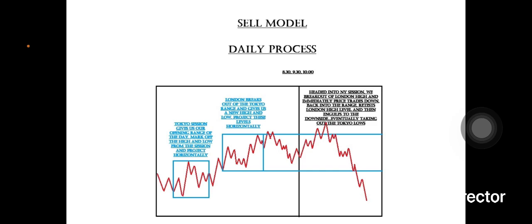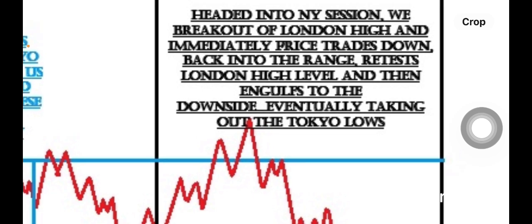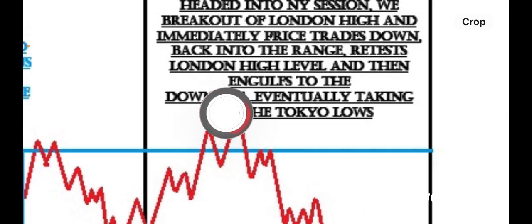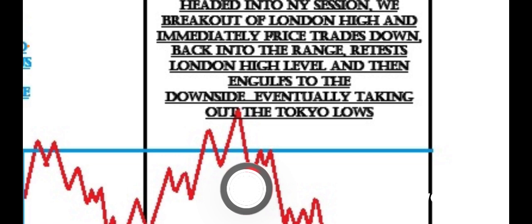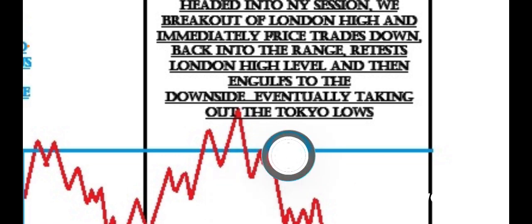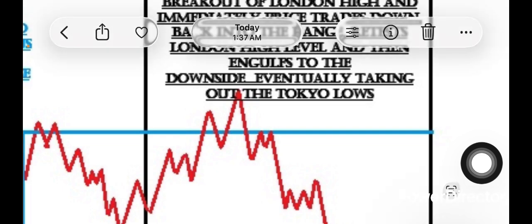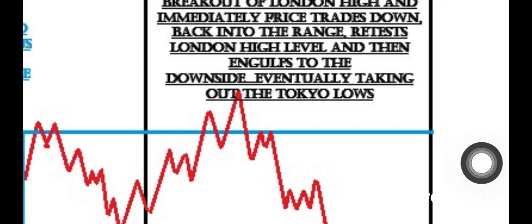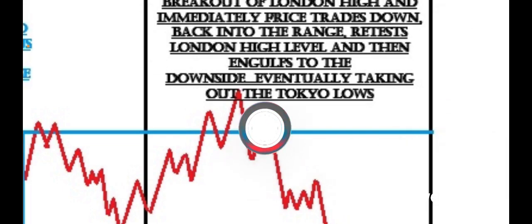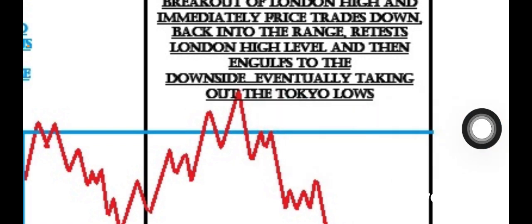Now, what I mean here, if we zoom in, you can see we come up, we break those levels, and then we immediately trade back below the level, pump up, retest the level, and then trade down. Now, this is just a generalization, okay? This pullback might go back up here above the level or whatever, okay? But the point is,